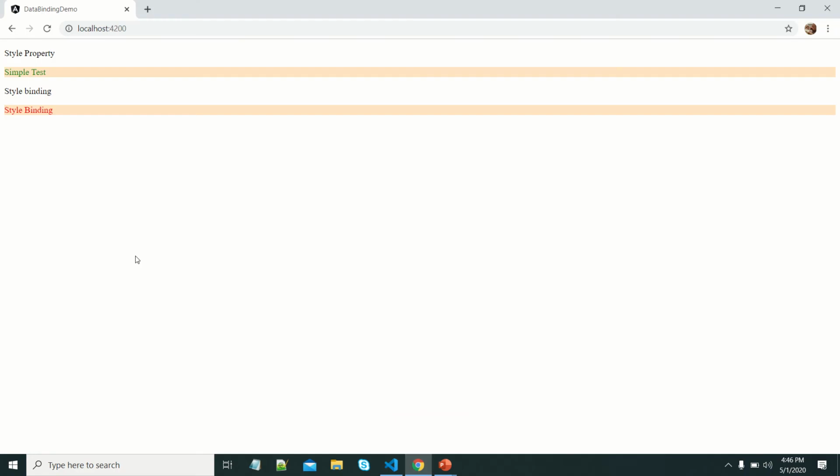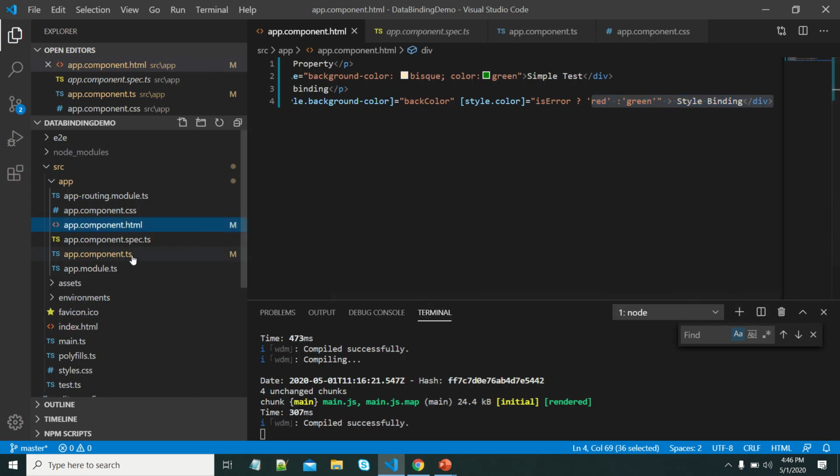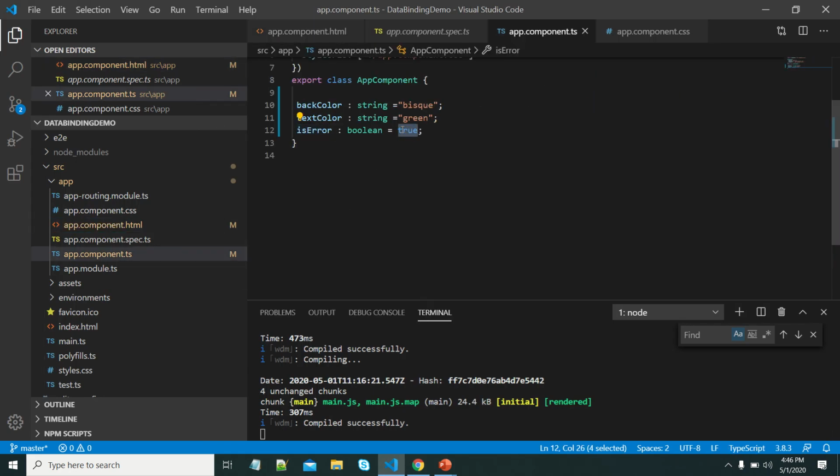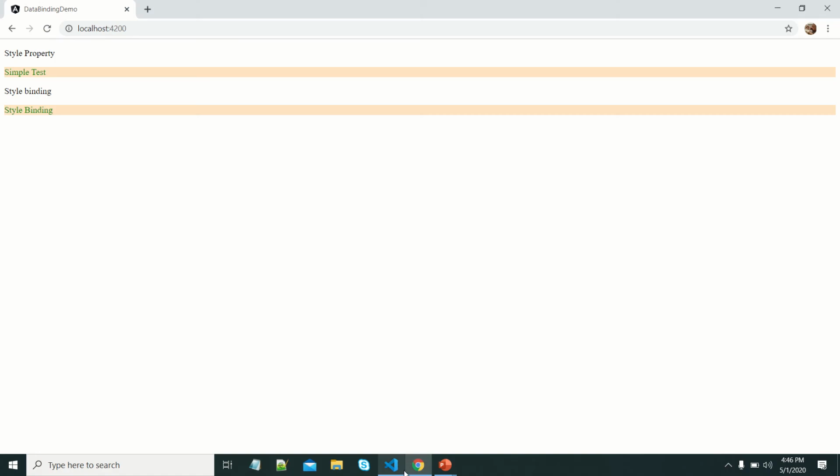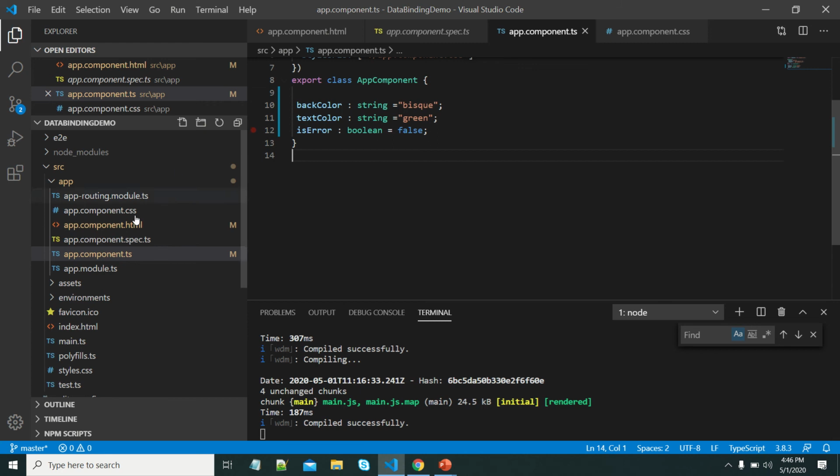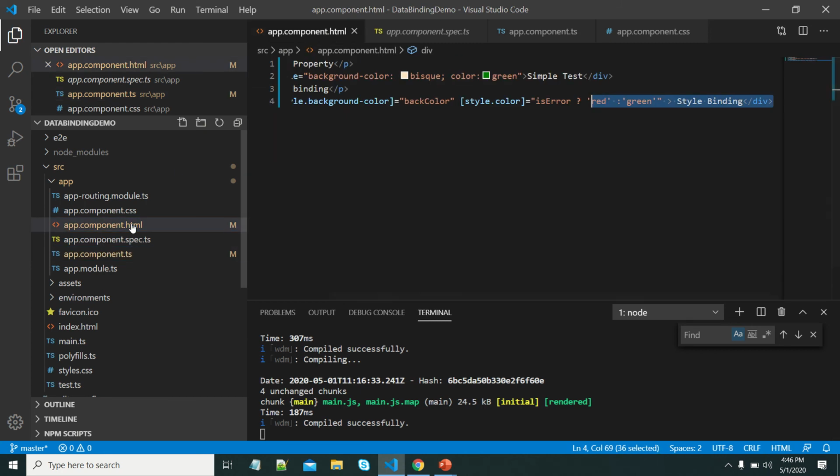Let's see the output. Yeah, if it is true, it is in red. Suppose if I make it false, then this is converted into green. This is the way we can use the style binding in Angular.